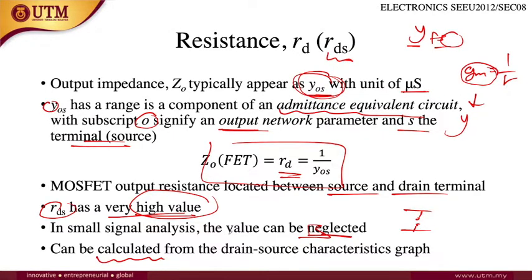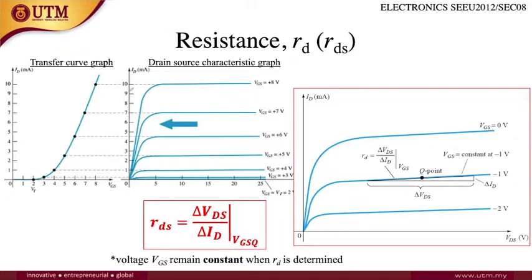If you want to calculate, this RDS can be calculated from the drain source characteristic graph. How? I think you already know this transfer curve graph, right? Together with this transfer graph, you can also plot this drain source characteristic graph, where the y-axis is the